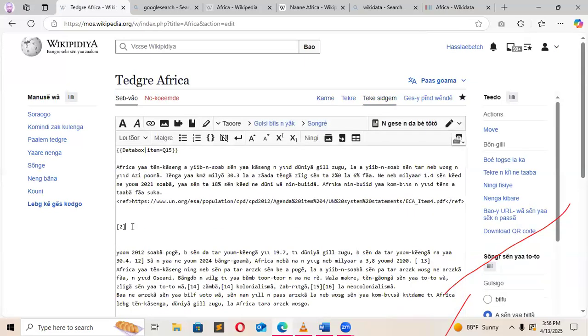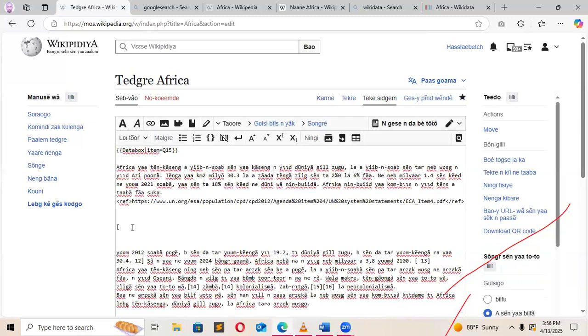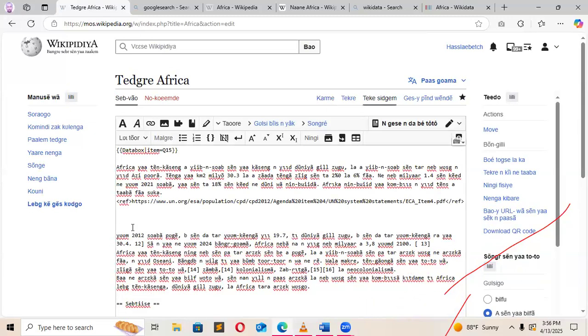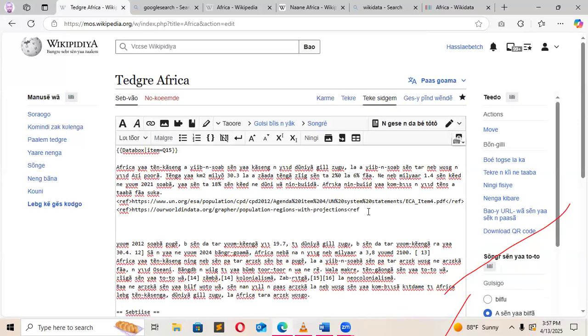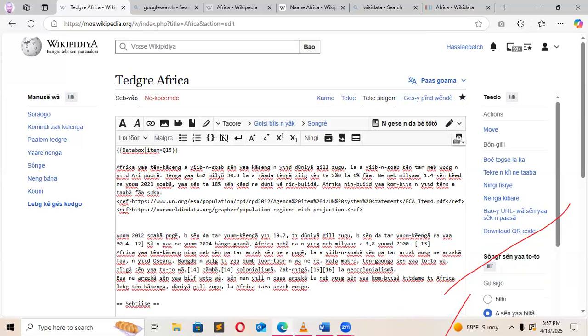Edit source. I want to do the second one. So I'll just cancel the 2. The 2 is there for us to be sure that there's a reference there. I'll cancel it and paste my link. Again, I'll go to the back and put less than ref greater than. I'll come to the last again, less than ref greater than. The same thing here. Then I'll go to the last ref, less than ref greater than. I come between the less than and the ref and put a slash, so I want to close this gap between the other one.